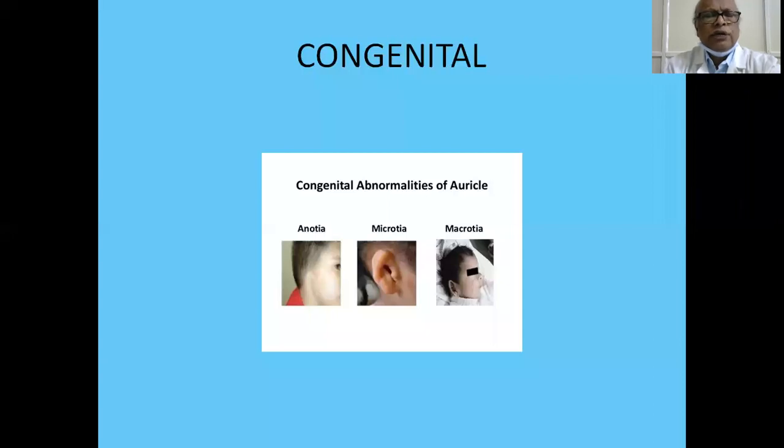If there is anotia, if the parents insist, you can do a pinnaplasty, take a cartilage from the rib graft and make it like the cartilage of the pinna, and you can prepare it. Then you make an incision in the region of the pinna and keep it underneath and wait for some time, apply powerful suction, then automatically the skin will be draped over this cartilaginous framework. It gives appearance of a pinna. Of course, it doesn't have the ear canal and all, just for appearance.